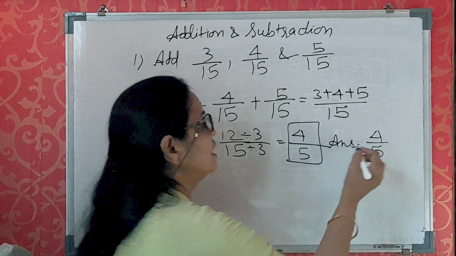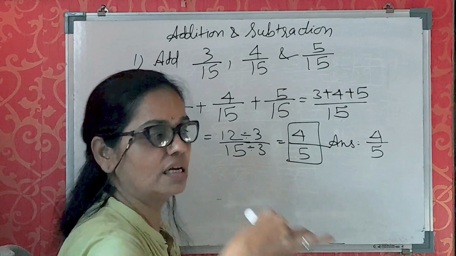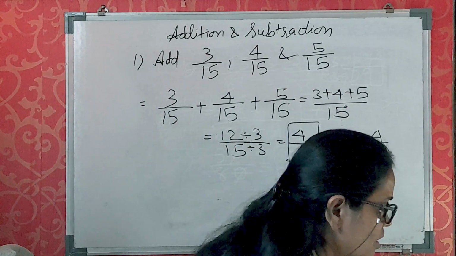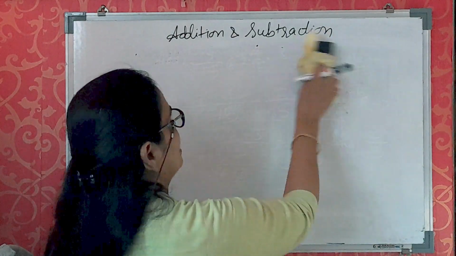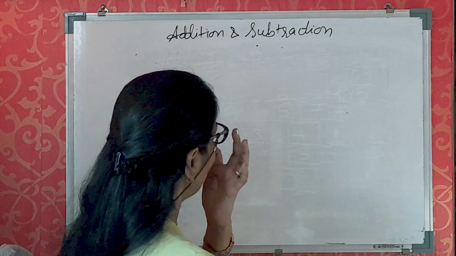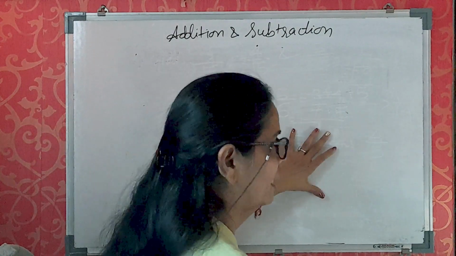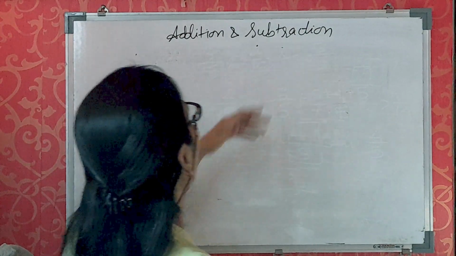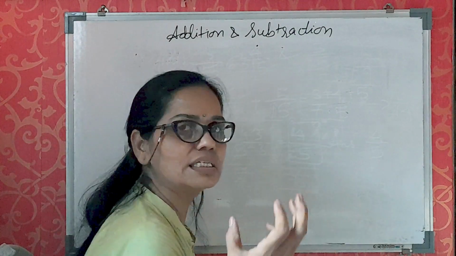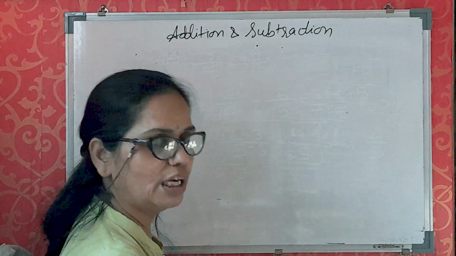This way, systematically, once you know the skill, your hands will work. Right? So this way you have to learn the skill systematically. Now the second sum is subtraction. Now I will show you for unlike fractions. In addition and subtraction, if they are like fractions, directly subtract or directly add, and if they are unlike, then make them like by taking the LCM of the denominators.